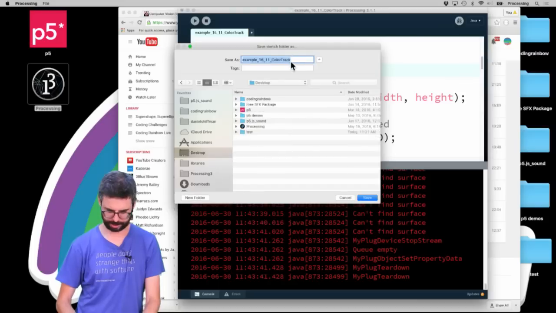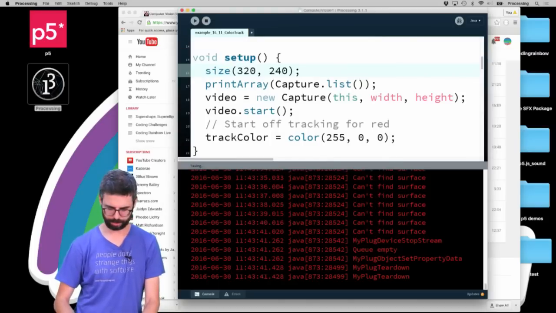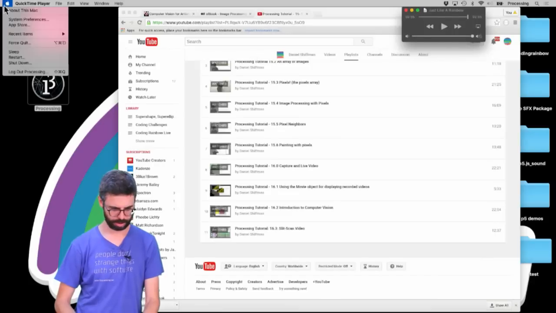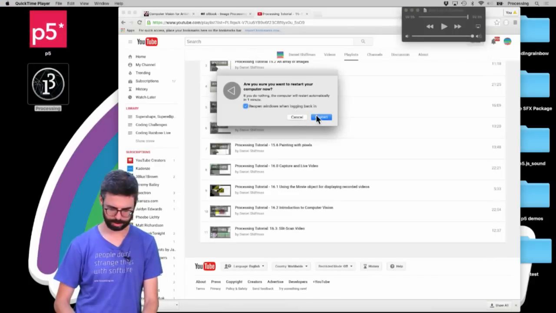Save as computer vision 1. Hold on, this computer is going to restart. Oh, look, the empty void of nothingness. Please restart sooner than later. Oh, look. Oh, did you hear that sound? Did the bong sound actually make its way through to the stream? Okay, so